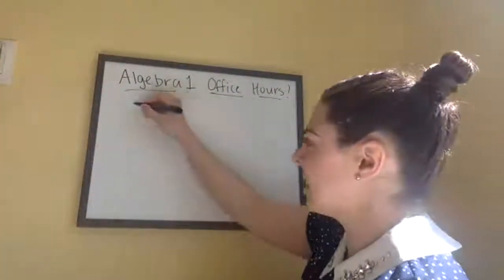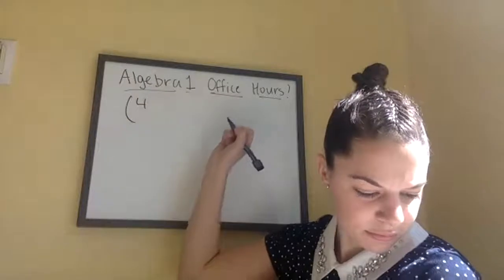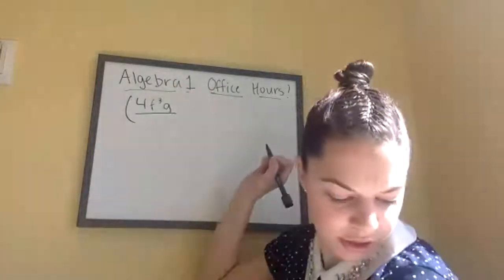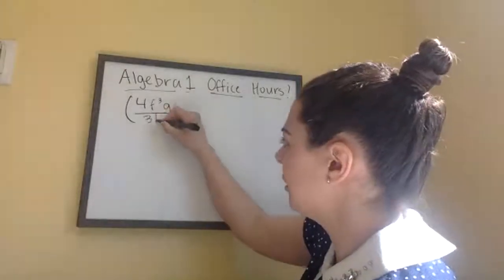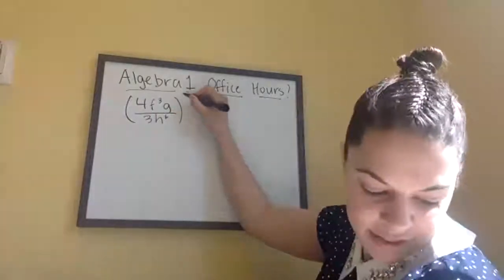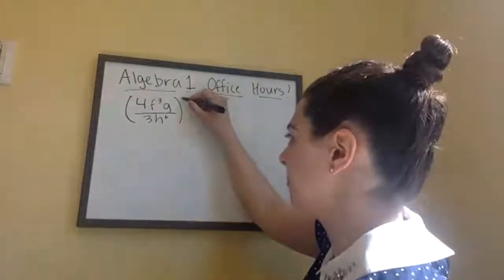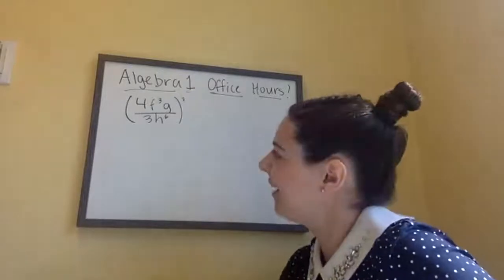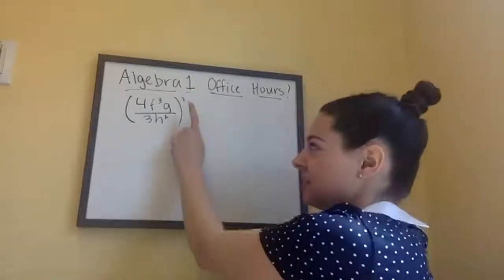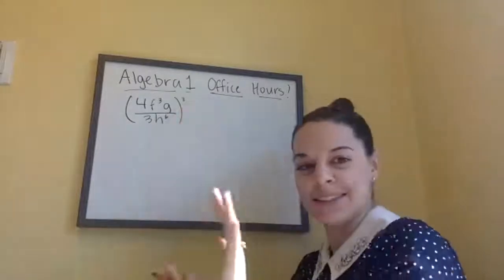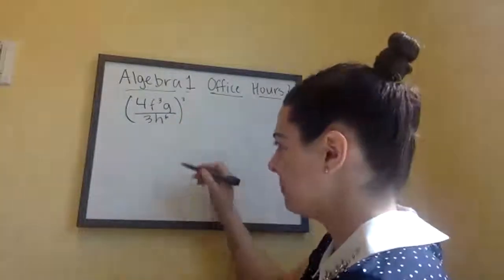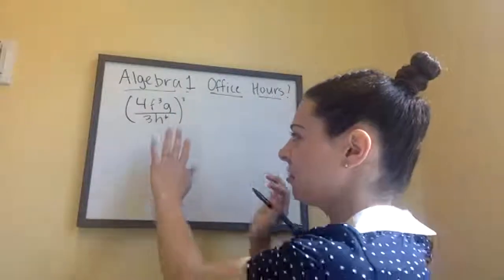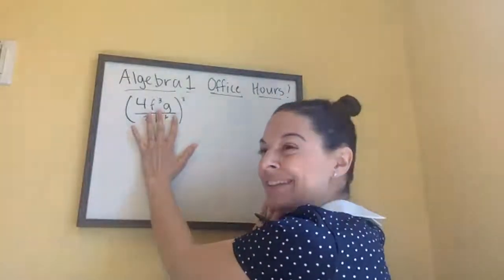The problem they gave us is 4 f to the third g over 3 h to the 6th, and then they raise that whole thing to the power 3. There's a few ways you can go about this problem. I like to always expand. If I notice there's an exponent somewhere, sometimes I like to expand it to show myself what's actually going on. Because this has a tiny 3, that basically means I'm multiplying this parentheses term by itself